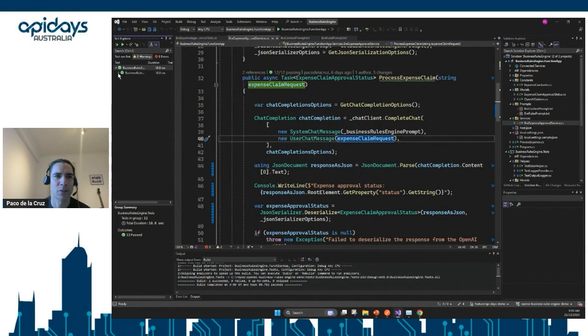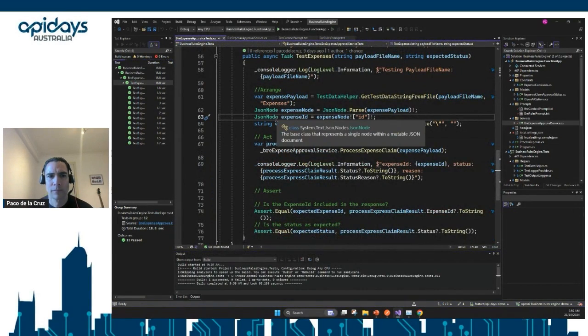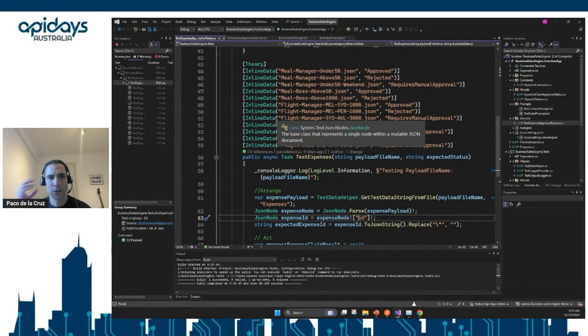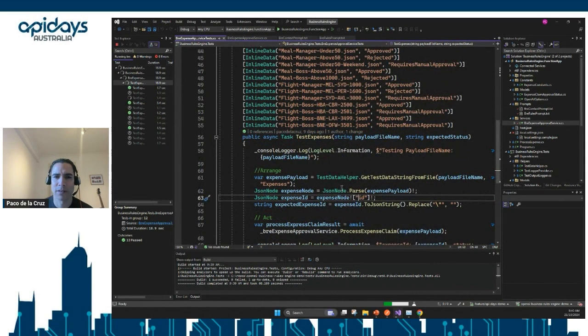Now, I also have some test cases here that I will show you. Very, very simple. I'm going to run them while I show you the code of these test cases. So the same payloads that I used in my Postman collection, I have here in my test cases. Test cases are super simple. I'm just loading these documents from my file system.